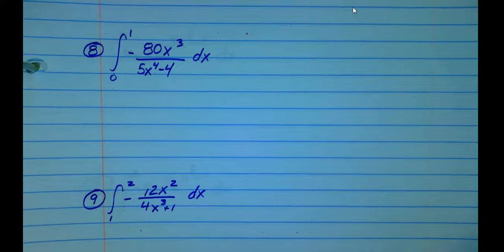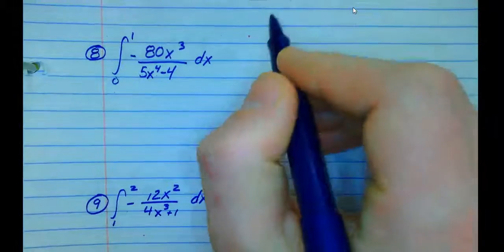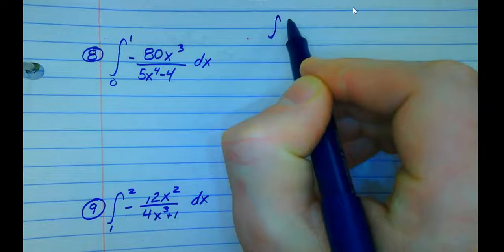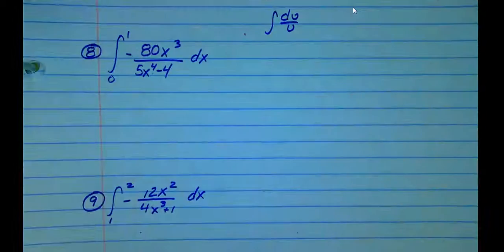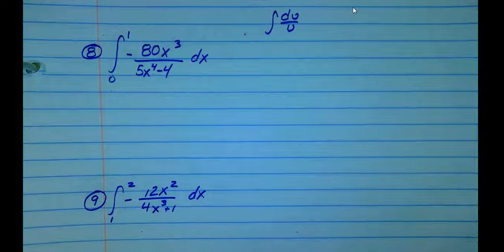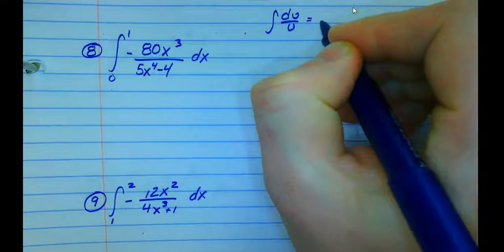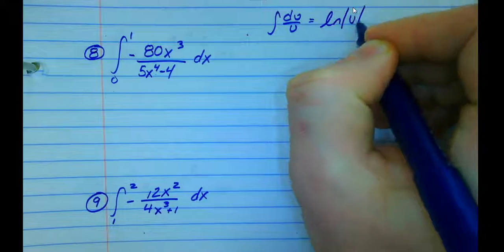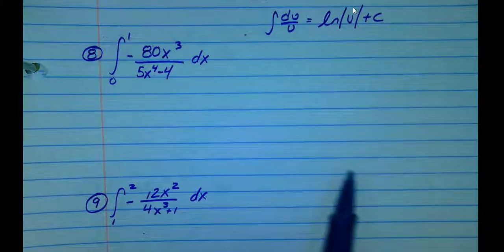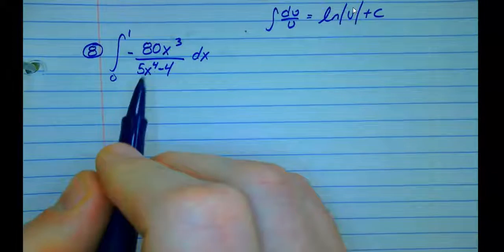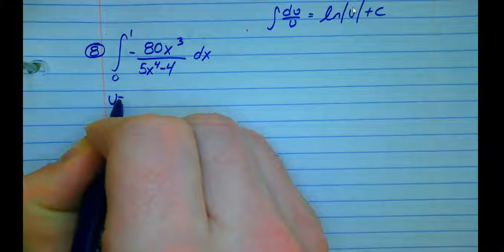Alright, so here are a few u substitution problems. The first one is going to be in the form the integral of du over u. And we know that the integral of du over u is the natural log of u plus c. Alright, so I'm assuming that the 5x to the fourth minus 4 is u,